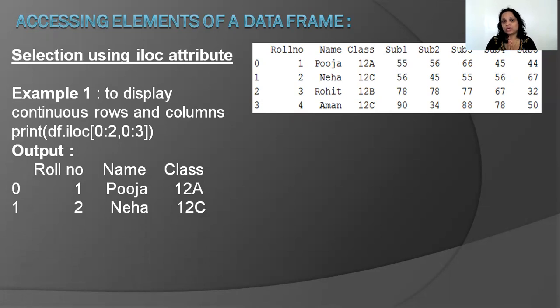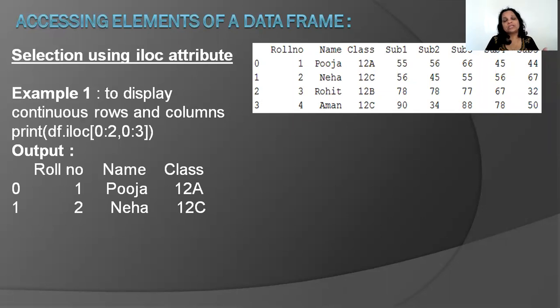Very, very important question. loc refers to the index label or the column names. iloc refers to the default index, or the column numbering, which is also the default one. Clear? Secondly, when you're using the colon operator, like we used to do in slicing in lists and strings, in loc it starts where you said and it stops where you said, because they're not referring to the index numbering, but the labels.